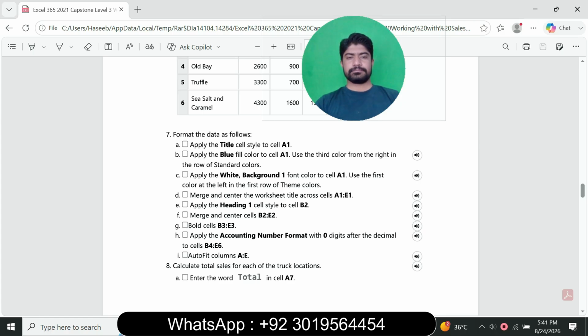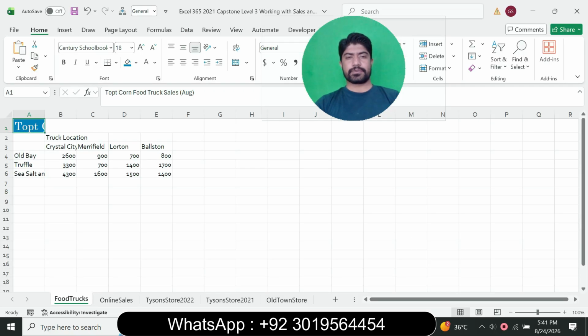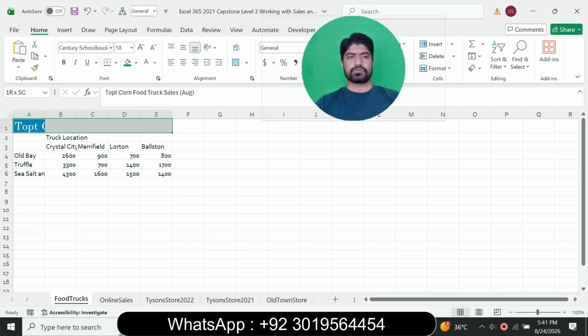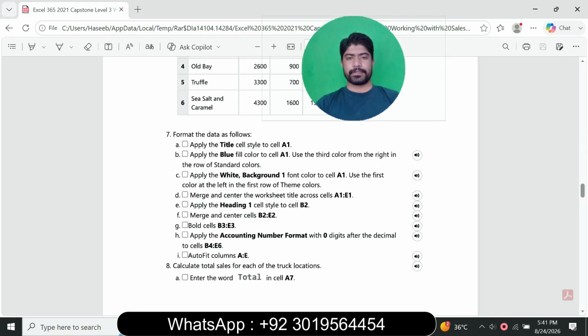And next, merge and center the worksheet title across the cell A1 to E1. So select the cell A1 to E1 and merge and center. So go to the Home tab, go to the Alignment group and click merge and center A1 to E1,